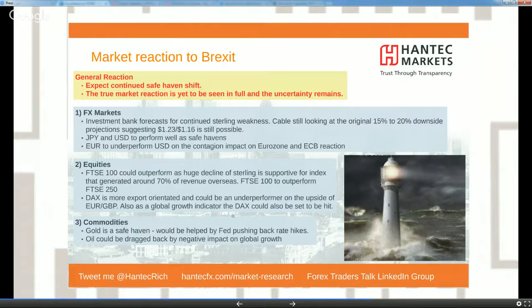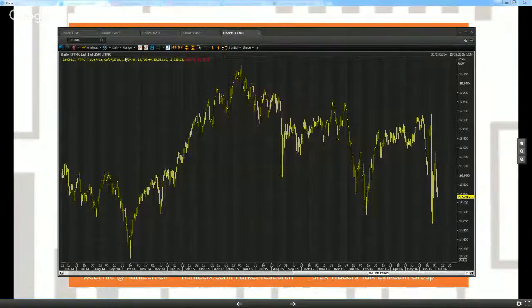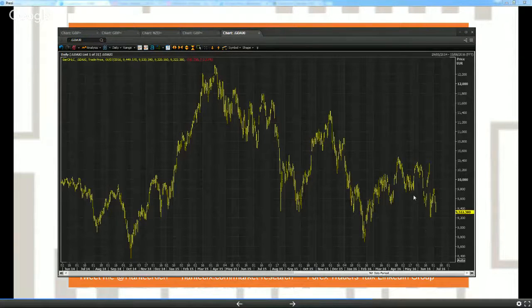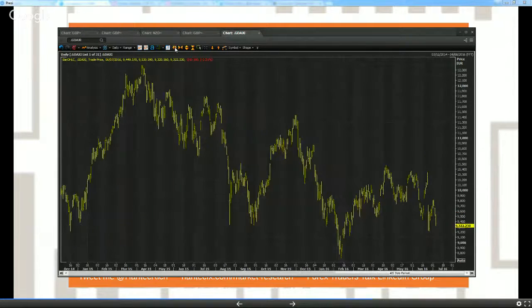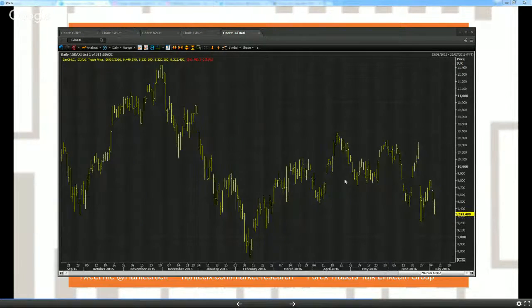DAX is again under pressure. I'm sort of looking at charts. Let's get a chart of the DAX. I'll do technicals on these in a bit, but I just want to quickly, briefly talk about these. DAX under pressure. Similar sort of outlook, isn't it, to the mid-cap FTSE, FTSE 250, where you had the sharp sell-off, the bounce, and then the sell-off again